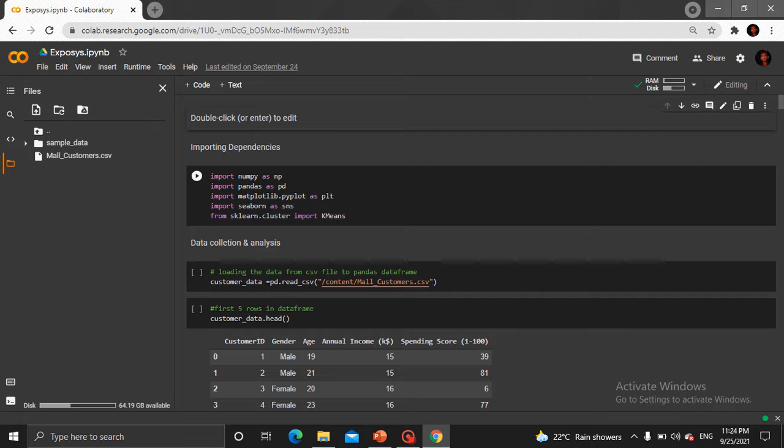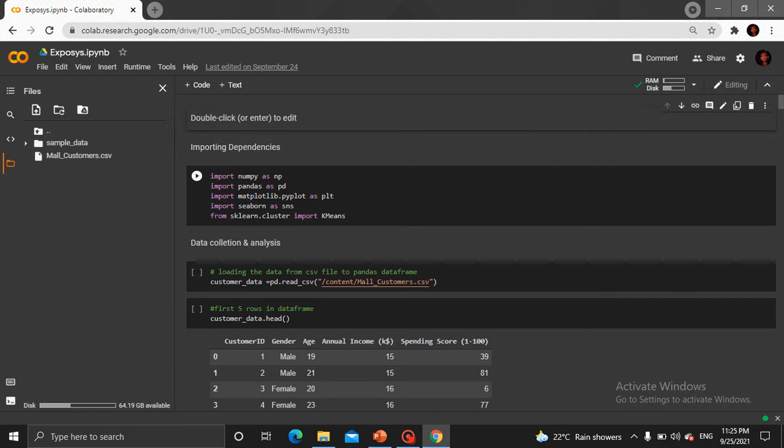For using number arrays, we use NumPy. And as far as Pandas goes, it is for structured data tables. For providing structured data tables, we use Pandas. And then we have the Matplotlib library and the Seaborn library. These two are helpful for plotting graphs, so these two are plot libraries. And at last we have the KMeans library, which is helpful for applying the K-means algorithm.